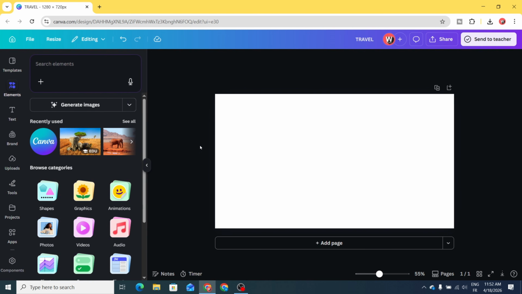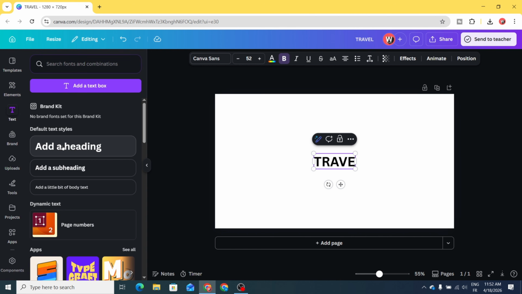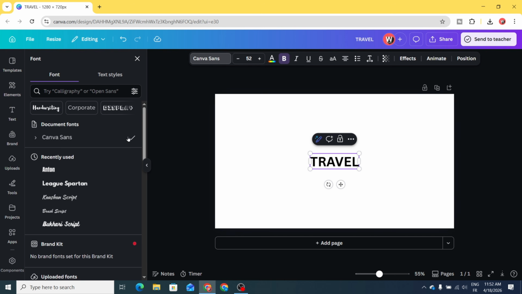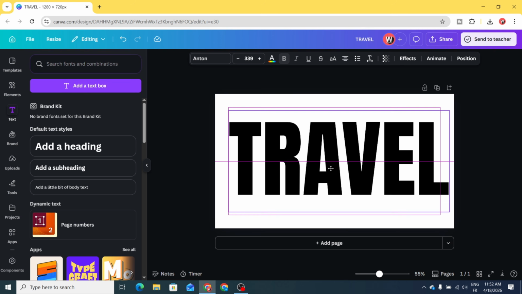Open new Canva project and go to text, type your text and change the font to Anton. You can use any font you want. Adjust the size, place it in the middle